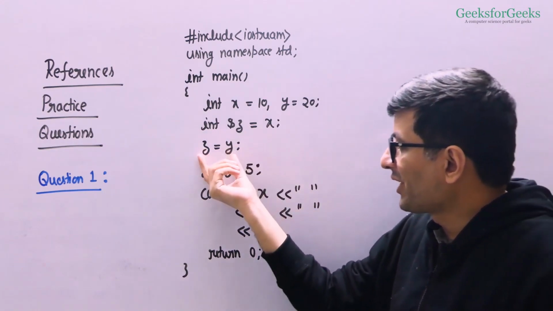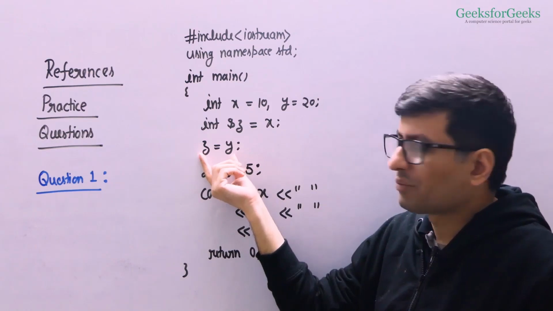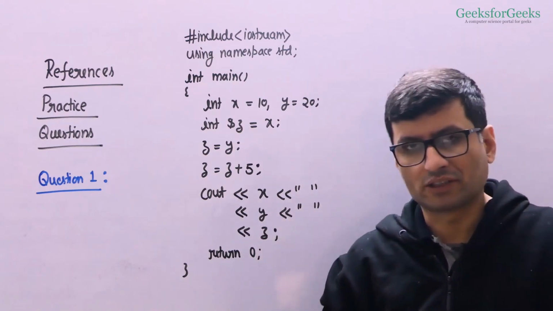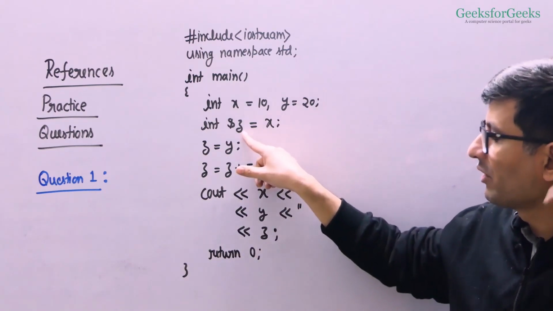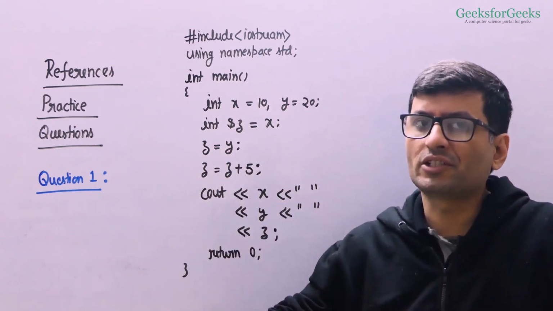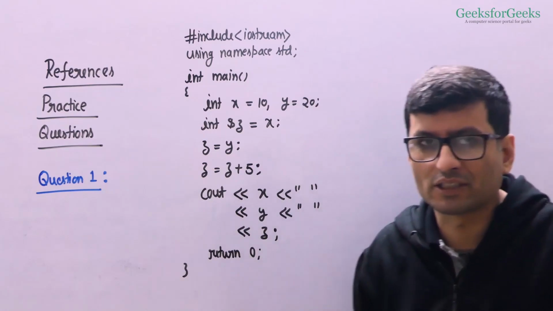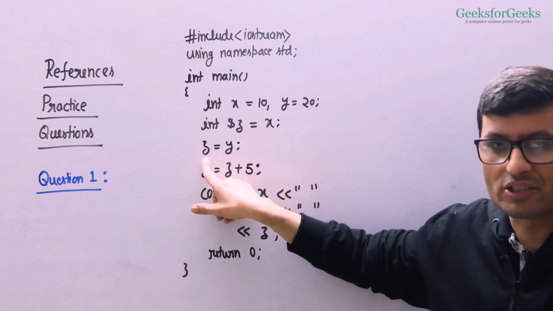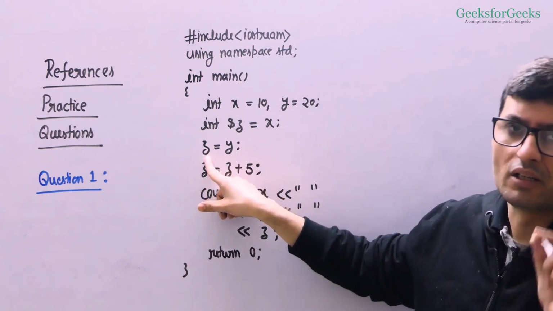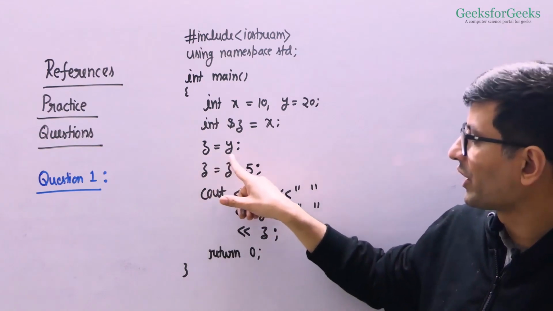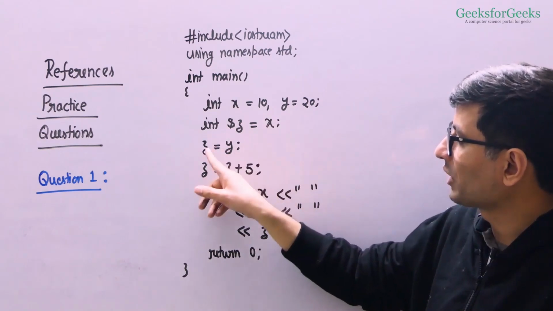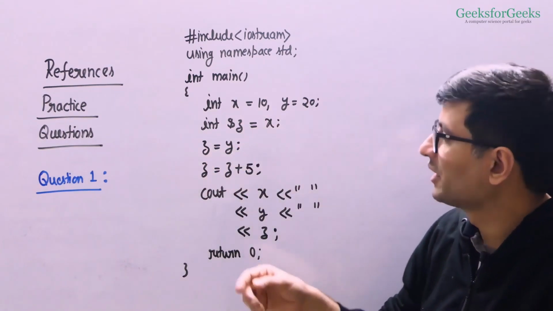See, particularly this line, what happens here is when you do z equal to y, references are bound only once, right? So z and x are now labels for the same location. When you do z equal to y, the reference does not change to now refer to y. What now happens is the value at this reference is changed. The value of the location for which z is a label changes to whatever value y has. So x and z, since they are both labels of the same location, they both